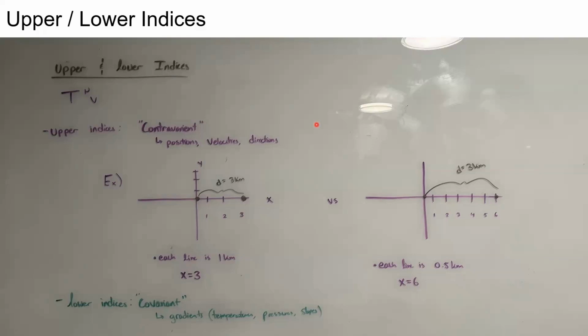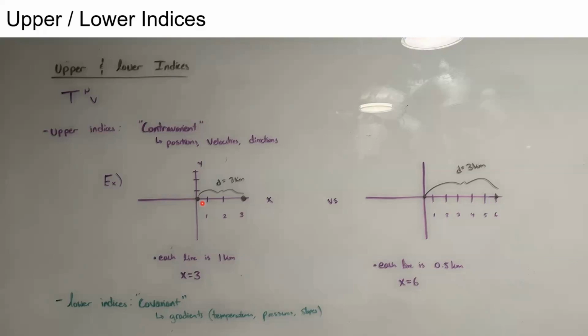For example, let's say you're zooming in on a map, your contravariant components adjust the opposite way. So here, let's say you are at a physical position that is 3 kilometers east of the origin. If your grid lines were 1 kilometer each, then you'd be at a position of x equals 3. Whereas if you zoom in a little bit, each grid line now corresponds to half a kilometer. So to be at the same physical position, 3 kilometers east, your position would now be described as x equals